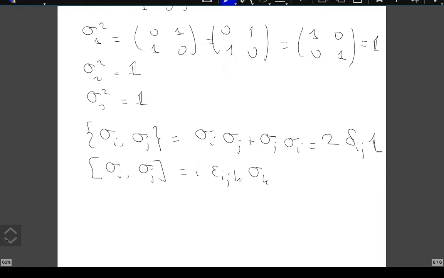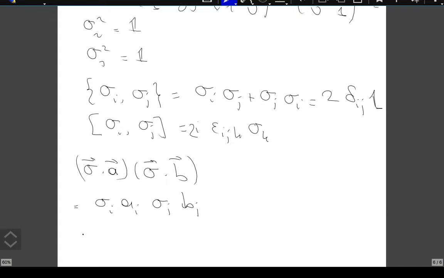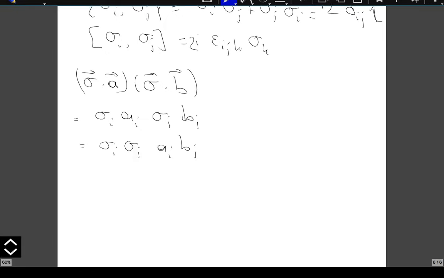Now, we can use these two properties to derive certain relations about sigma matrices. For example, let's look at a sigma matrix multiplied with an ordinary vector, and take another sigma matrix multiplied with another vector, and let's calculate this matrix product. This is equal to sigma_i a_i sigma_j b_j, which is sigma_i sigma_j a_i b_j, which I